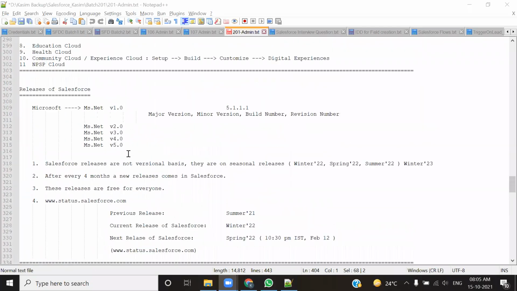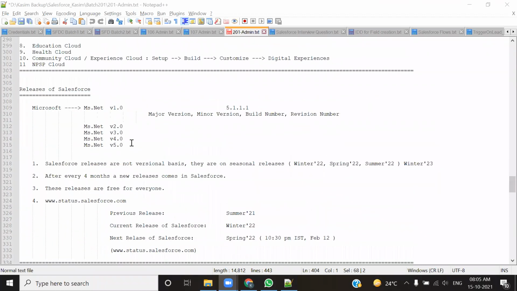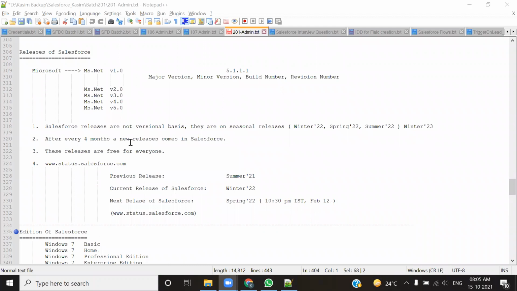So yesterday we saw the different kinds of cloud services and the different releases of Salesforce. You came to know that after every 4 months, Salesforce comes up with a new release. So basically in a year, there are 3 different releases launched. Moreover, the Salesforce releases are not based on versions, rather they are based on the season. So instead of version V.1 and something like that, Salesforce releases come up with a name: winter, spring, and